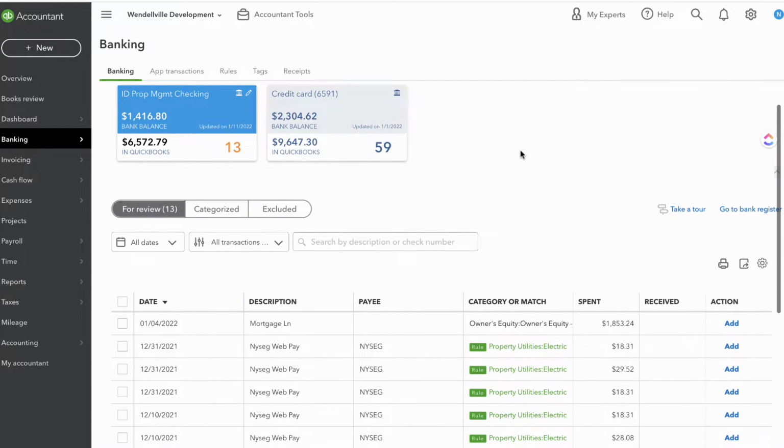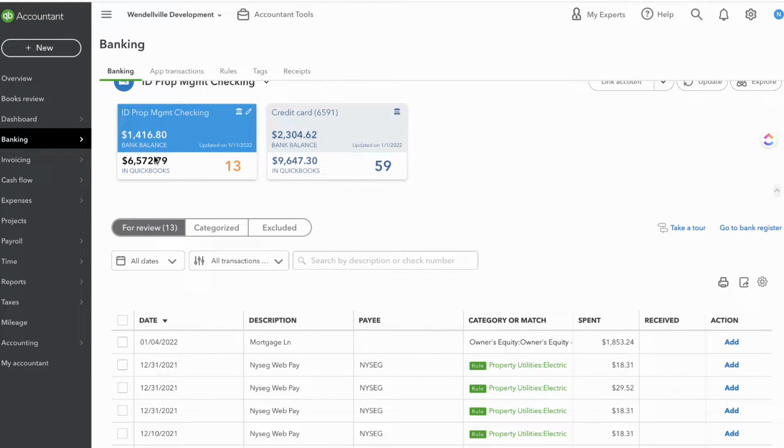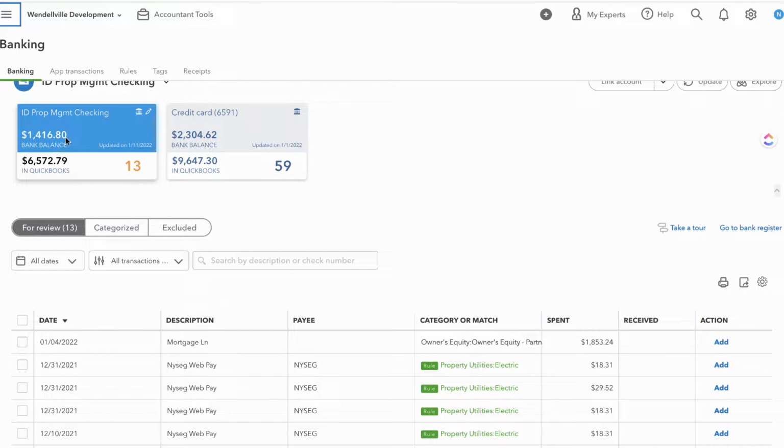Okay, the first thing I want to talk about is our bank balance versus our QuickBooks balance. It's okay and common for these balances to not equal each other. The reason that they're displayed here is to show us that we have work to be done, okay? So right now, I'm looking at this ID property management account, and it's showing that my bank has a value of